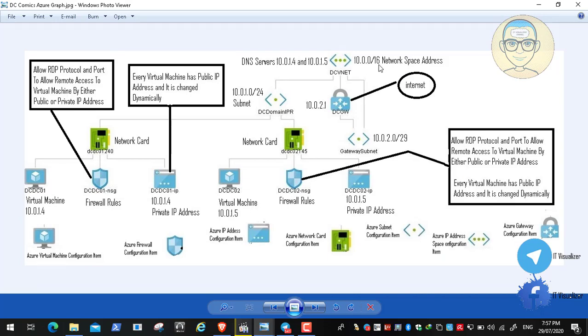So here we can see this is the address space. We have discussed this before when creating the Marvel domain, so we will repeat this process again. We will repeat what we have done with the Marvel domain, and we will do it with the DC Comics domain. So here the network address space for the DC Comics domain will be 10.0.0.0/16, and